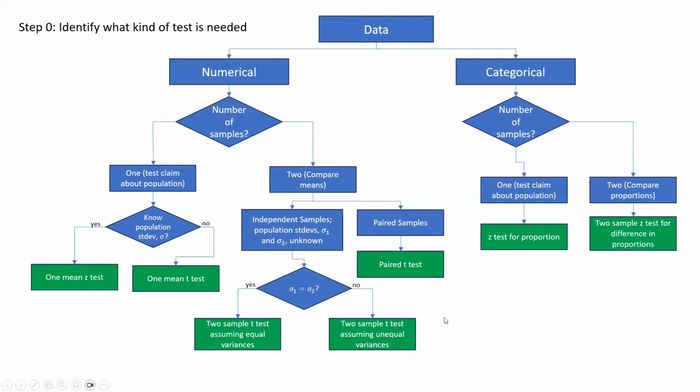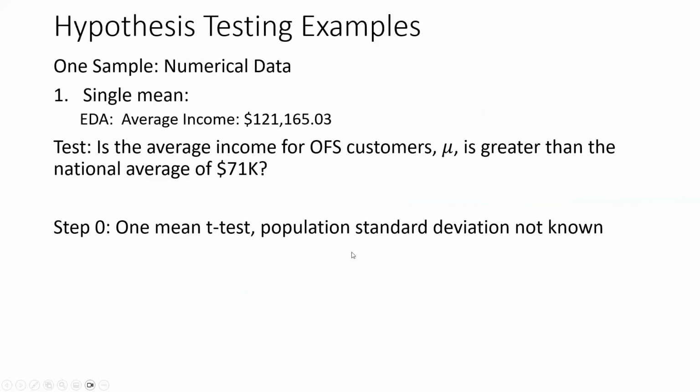So those are all the tests that we're going to use. Step zero, we're going to figure out which test we need. So let's go through those four examples and see what each one is. Hopefully you're already putting them together in your head. The first one, the one numerical data where we said, okay, here's this average income and is it greater than the national average? Hopefully you recognize that that's a one mean t-test because we don't know